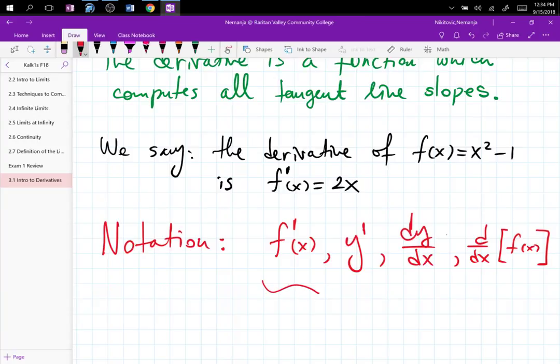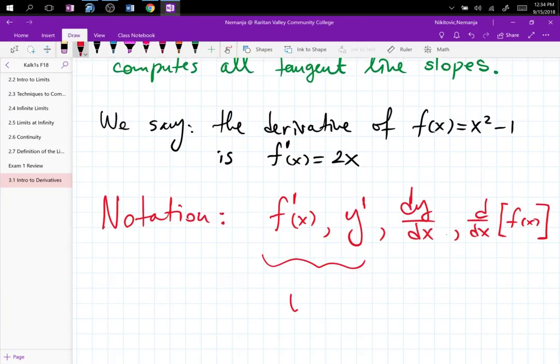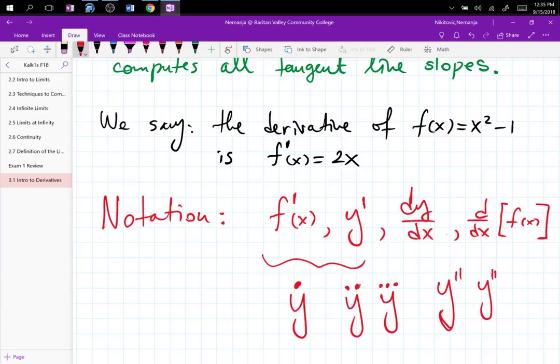The first two are spin-offs of Newton's original notation, which was the y with a dot. People moved that dot into a prime because you can have a second derivative with 2 dots and a third derivative with 3 dots, and then these dots become annoying, so we go y double prime, y triple prime, and so on. Much easier than dots conveniently placed above. Only certain mechanical engineers and older professors would be honoring the original notation of Newton.